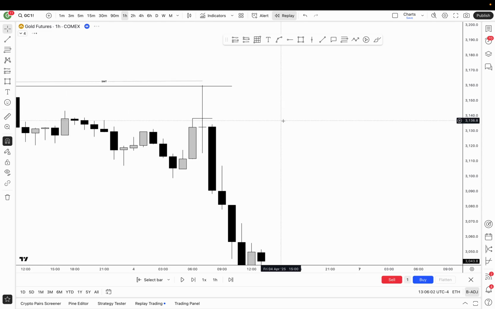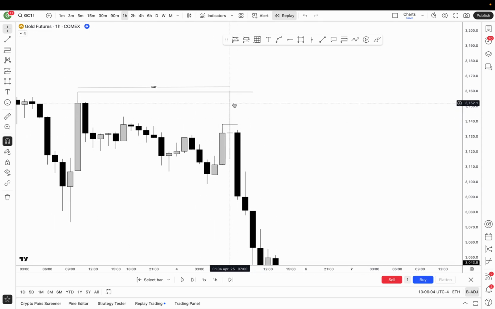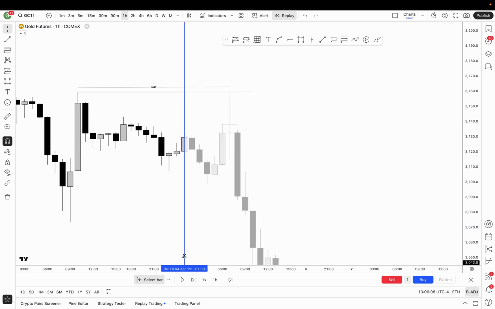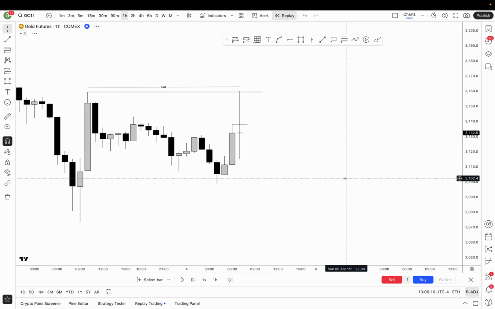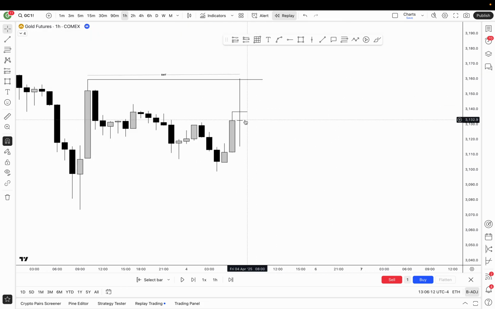SMT there as well. Now, what do we see here prior to this driver? We have a reversal, right? We've already engaged this prior to the driver. So what should we do? What should price do if this is going to be the true reversal? Driver should do what? Expand away. That's exactly what we see here,